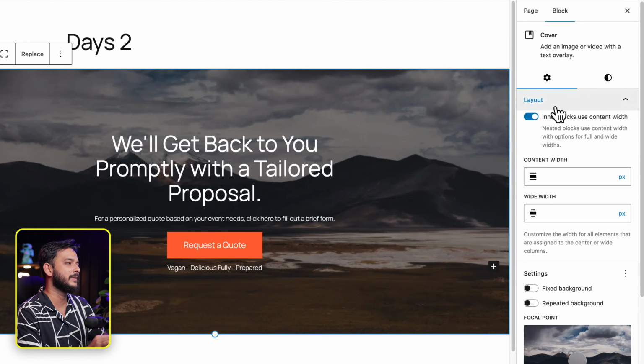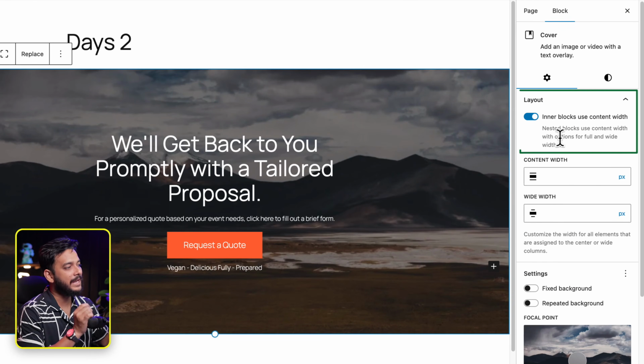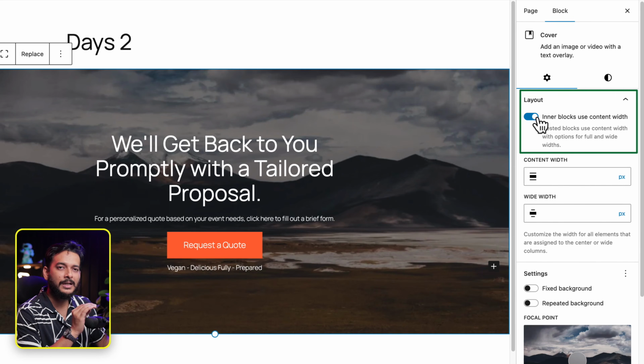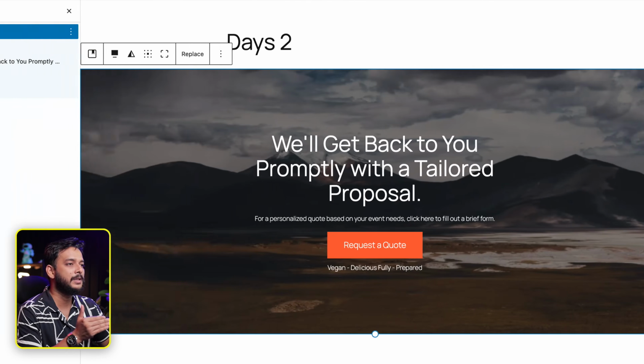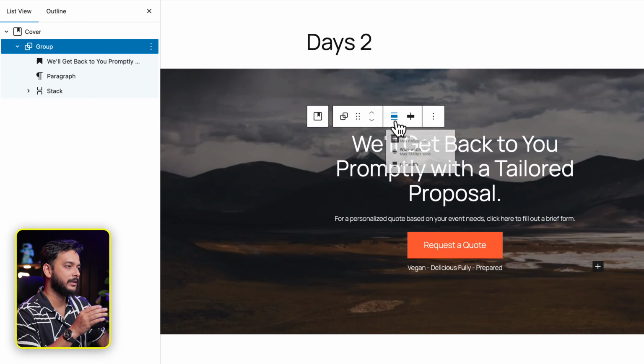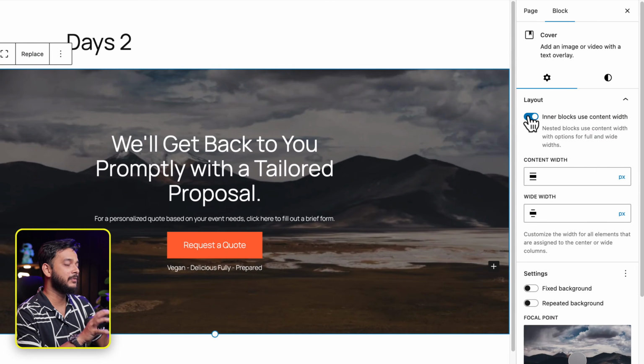Inside the cover, you can see there is something mentioned clearly. When you activate this inner block or use content width, it is going to activate the inner block's container width within the options. So basically the default width will be 645 pixels for the inner block,